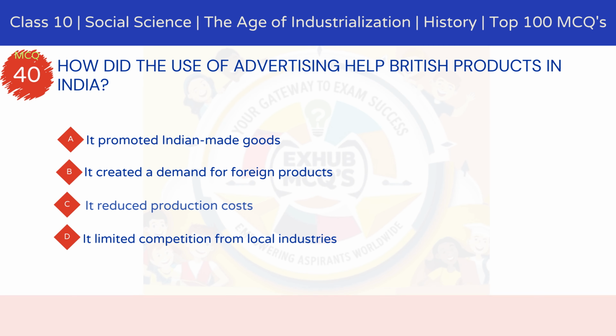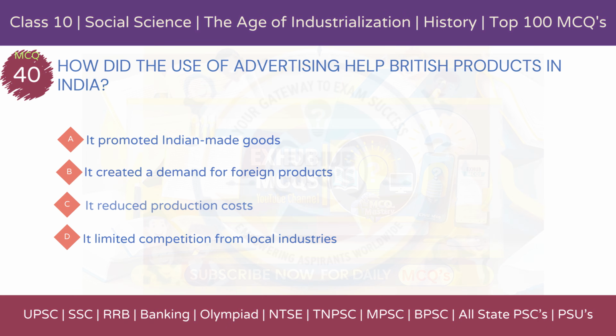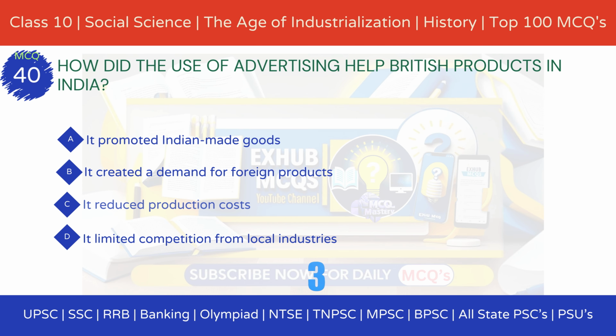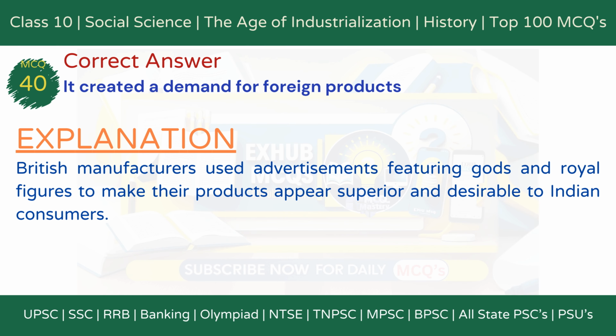MCQ 40. How did the use of advertising help British products in India? Option A, it promoted Indian-made goods. Option B, it created a demand for foreign products. Option C, it reduced production costs. Option D, it limited competition from local industries. The correct answer is option B. It created a demand for foreign products. Explanation: British manufacturers used advertisements featuring gods and royal figures to make their products appear superior and desirable to Indian